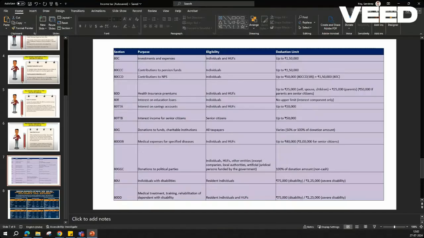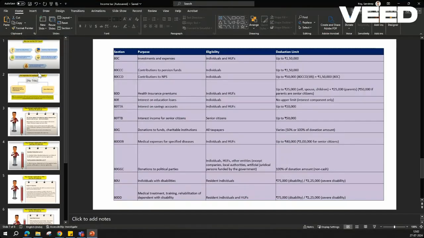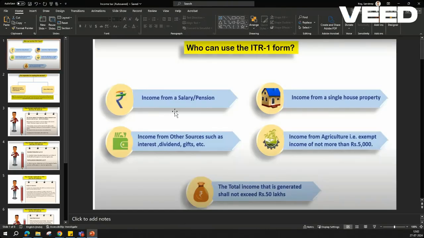Hello everyone. Today I will take you through a very important topic regarding income tax filing. You still have 3 more days to file your income tax return,